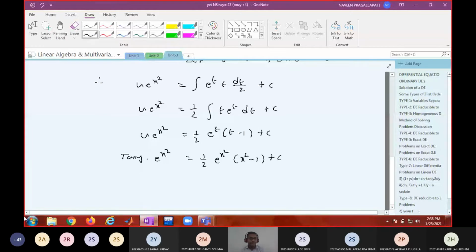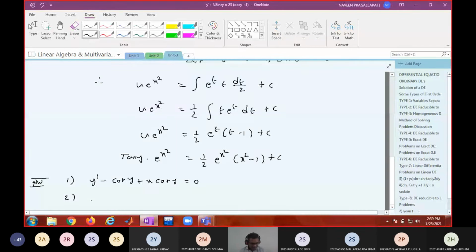So, homework problems. First one: y dash minus cot y plus x cot y equal to 0. Y dash minus cot y plus x cot y equal to 0. Second one,